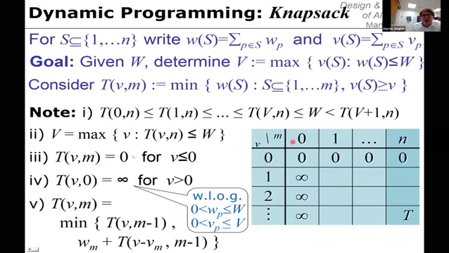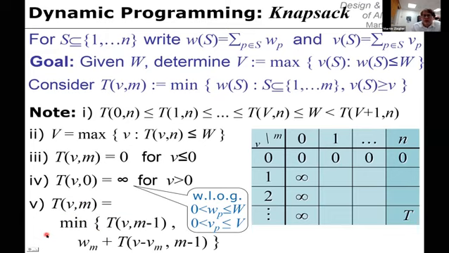And we've derived equalities for the different entries in the table. We've seen that the top row can be initialized very easily with zeros. We've seen that the leftmost column can also be initialized easily. And we've seen how to proceed from the left column to the next column, from this column to the next column, using equation number Roman 5, which basically says that